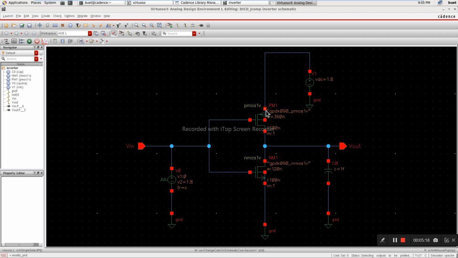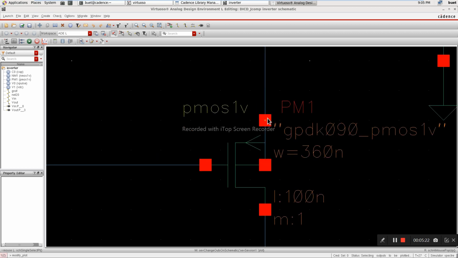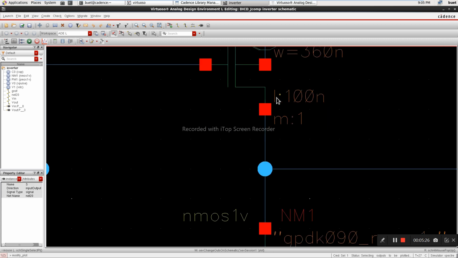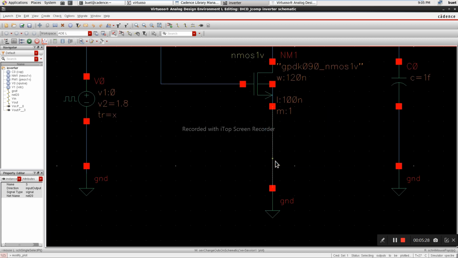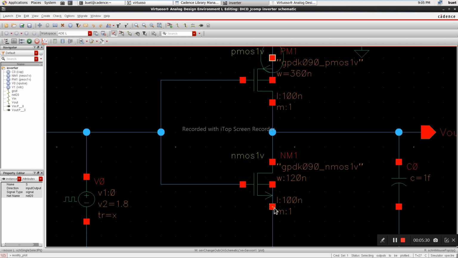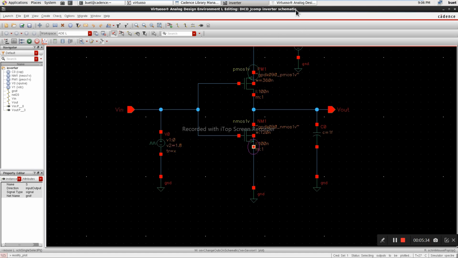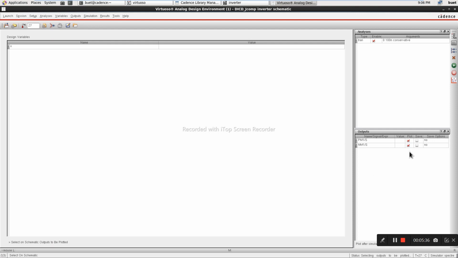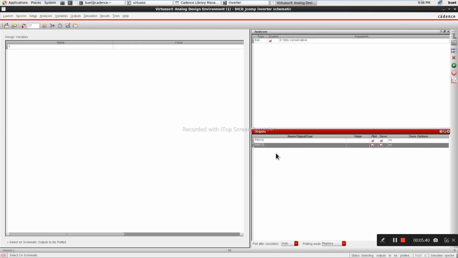See, if you want to plot current, you have to click on this junction. It got selected, and the NMOS current. I am plotting the NMOS current. Click on this. Now go back to there. So both PMOS and NMOS signals have come here. You can see, right? These are the currents. Now.